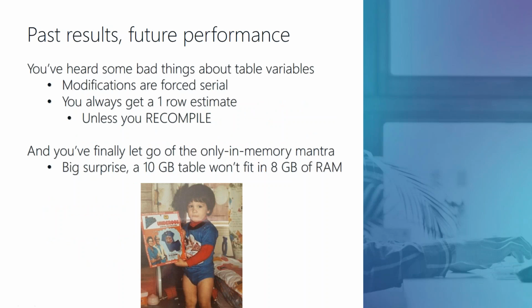So you may have heard some things around the blog, especially if you read my blog, you poor souls, that there are some downsides, there's some bad things about table variables. Like modifications are always serial. You only get a one row estimate unless you use a recompile hint, which just defeats the purpose of a table variable anyway. And finally, you may be ready to let go of table variables being in memory, because